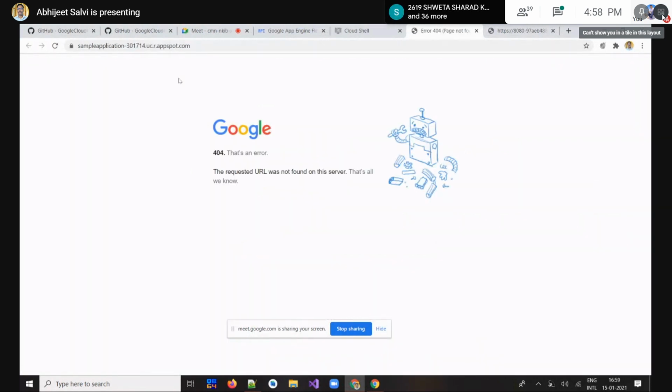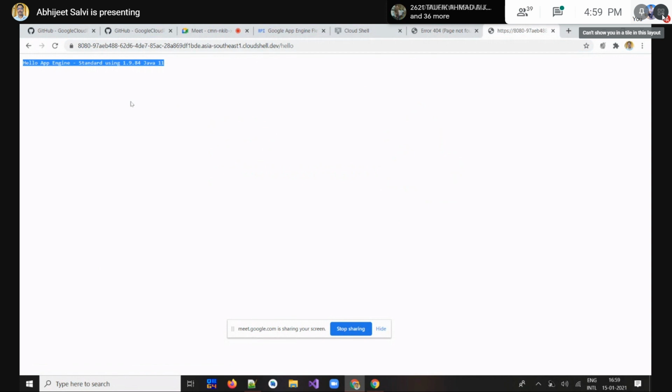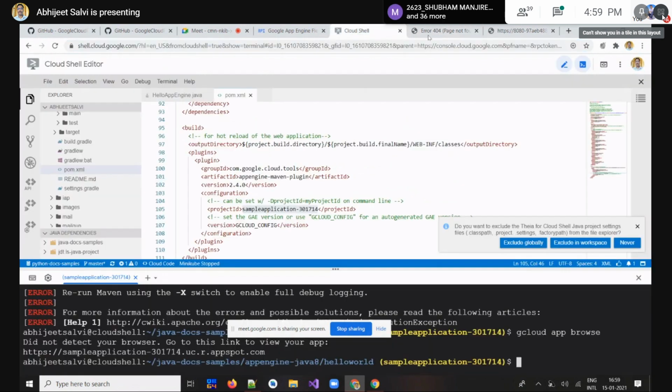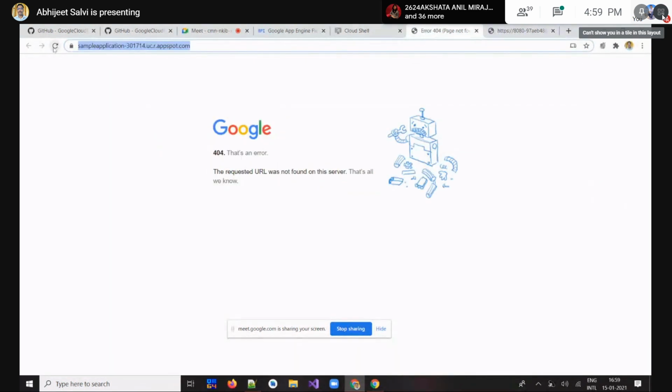That we have to copy and put in the address bar, and automatically the same output we are expecting from our local server, we will get. Even you can get it if Google Cloud service is enabled, but unfortunately it is not enabled right now in my case, so we are not getting that output.